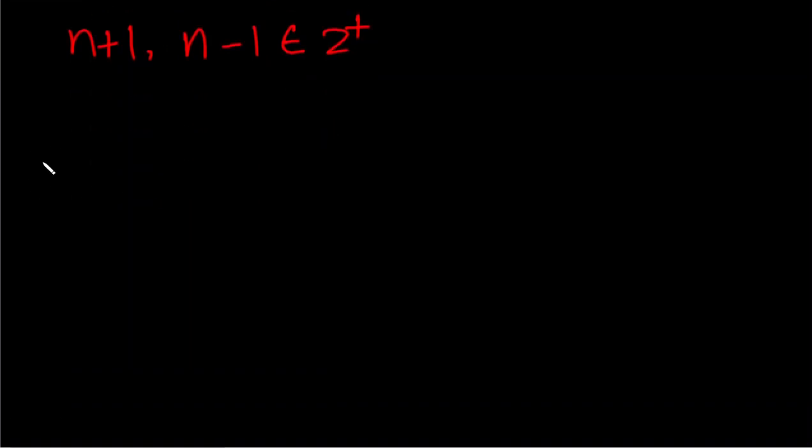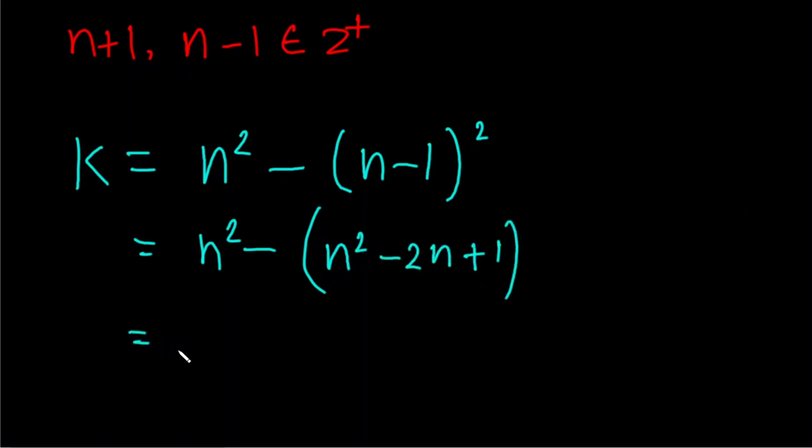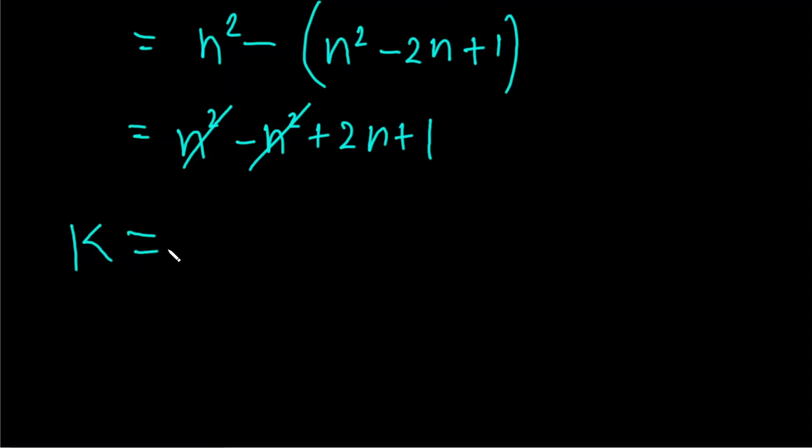So I can just define a k. Let's say k is n squared minus (n minus 1) whole squared. And this is what they've asked us, because n is an integer and n minus 1 is also an integer. So solving this will just be n squared minus n squared plus 2n minus 1, and the n squares cancel out, and you can just see that our k will be equal to 2n